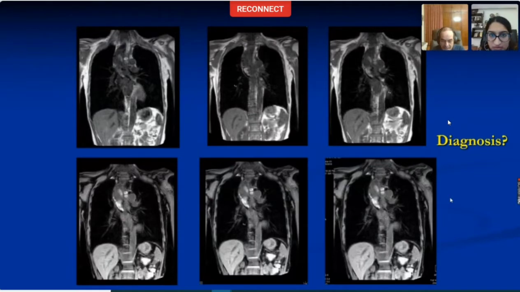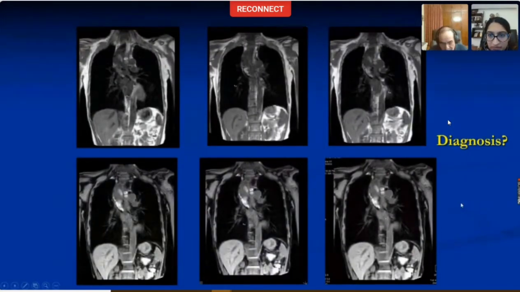So what are the other T1 bright lesions or structures apart from hemorrhage? Sir, it could be fat. Okay. Remember, I'm showing you these without fat suppression, and these are with fat suppression. Yes, sir. So despite fat suppression, they are hyperintense. So it's not fat. Absolutely. So other than that, melanin can be right.